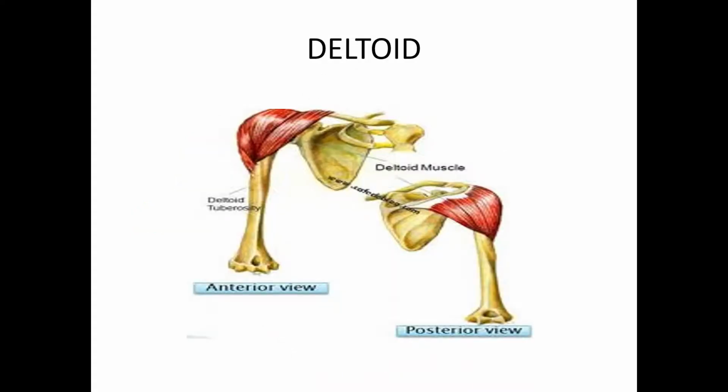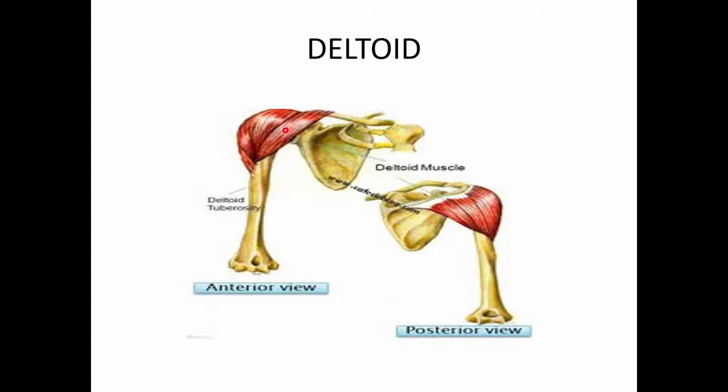Moving on to the attachments of the deltoid muscle. Yes, the deltoid muscle has its origin and the insertion. The origin of the deltoid muscle is divided into three sets of fibers, that is the anterior fibers, the posterior fibers and the middle fibers. The origin of the three sets of fibers are